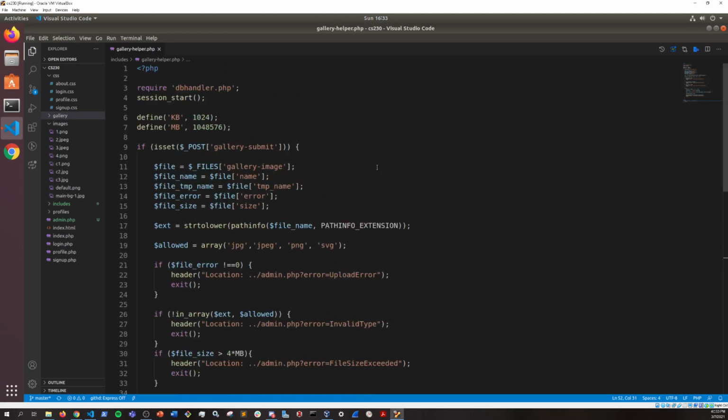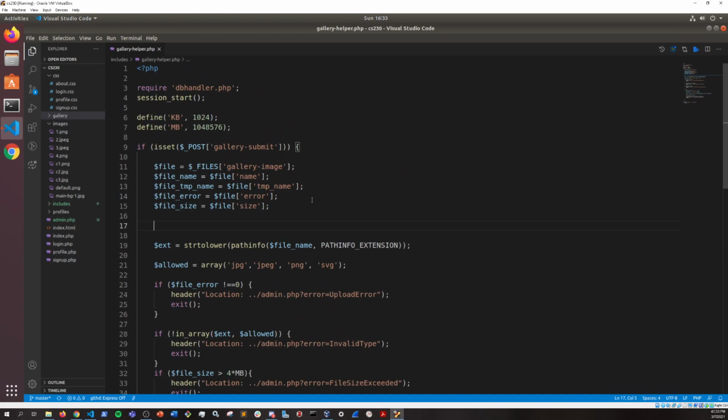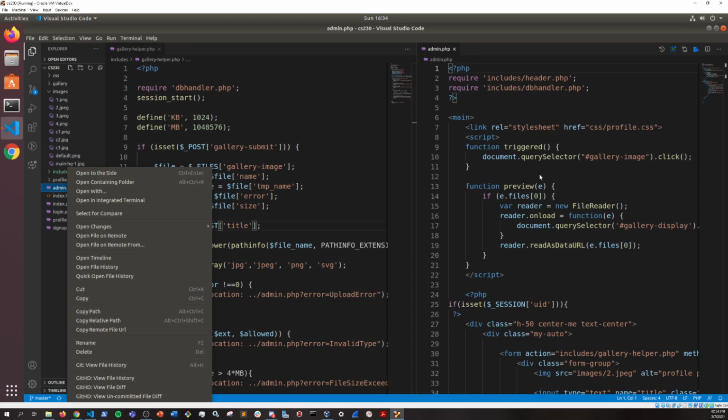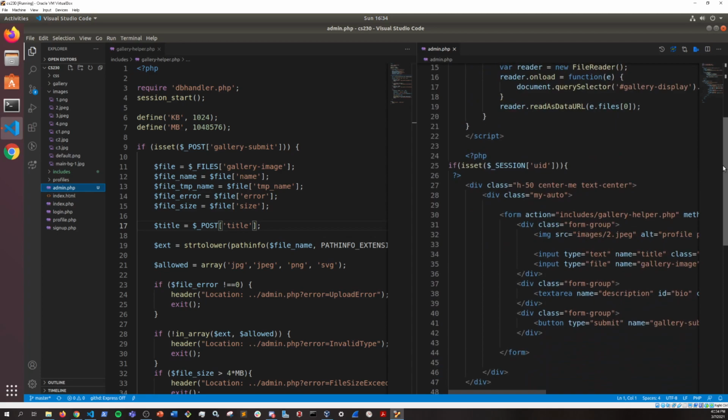All right, and then the last few things, we're actually just going to put them up here, and then we'll put them all in one big SQL statement towards the bottom. We're going to use some of those placeholders for this as well, and we're going to do some prepared statements because we don't want someone being able to execute any SQL injections. So our title is going to be from our post variable. And in here, this is going to be the title. Remember to just open up the admin page, wherever it is. I'm going to open it to the side. So the way I do that is I just right click on this and I open to the side right there. All right, so this guy right here